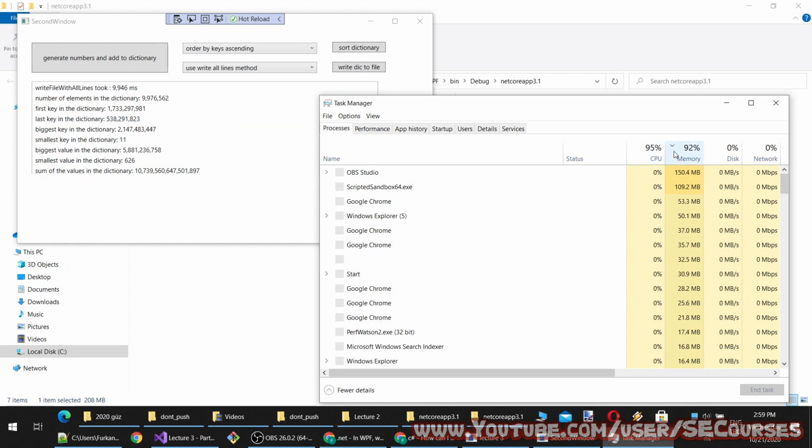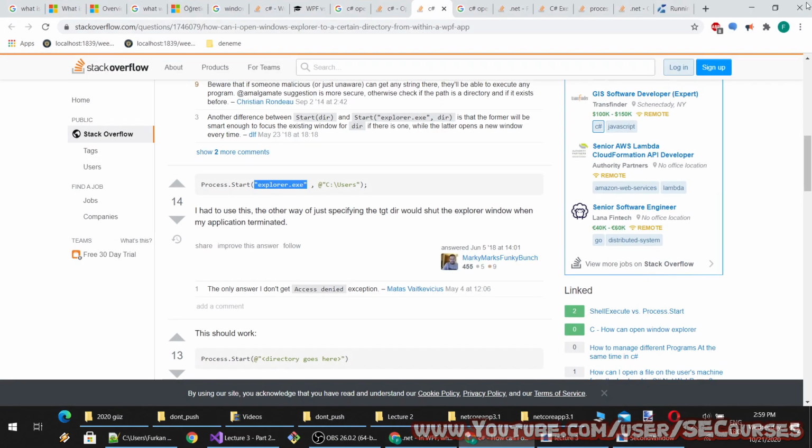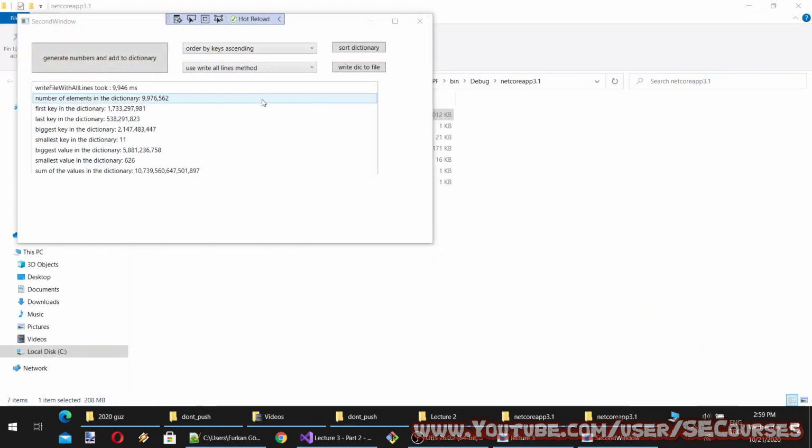Sorted, and you see I am almost out of memory, so this is also slowing down my computer. I'll close the windows to free some memory. Then I'm going to write to a dictionary file.